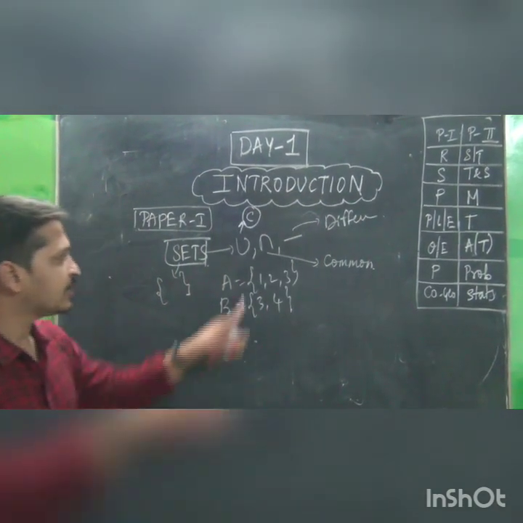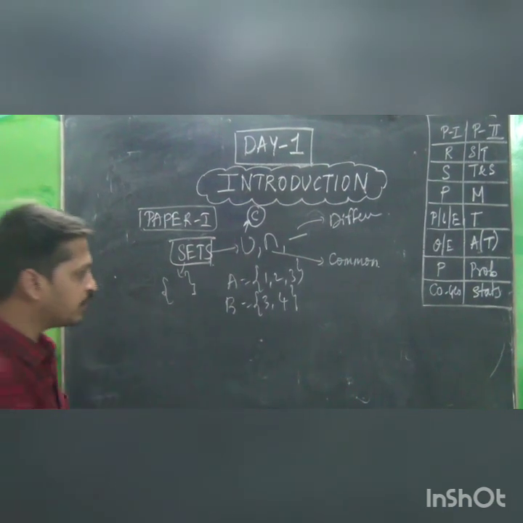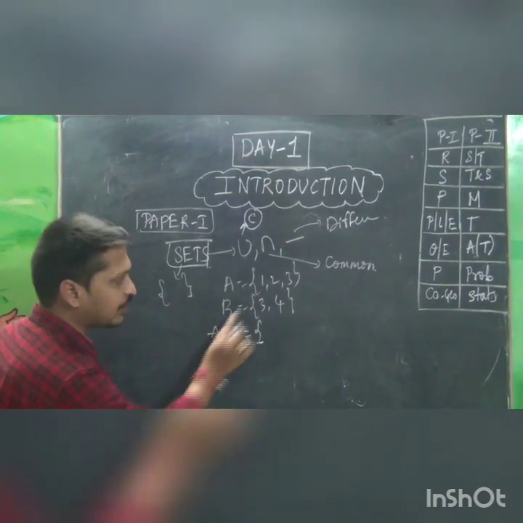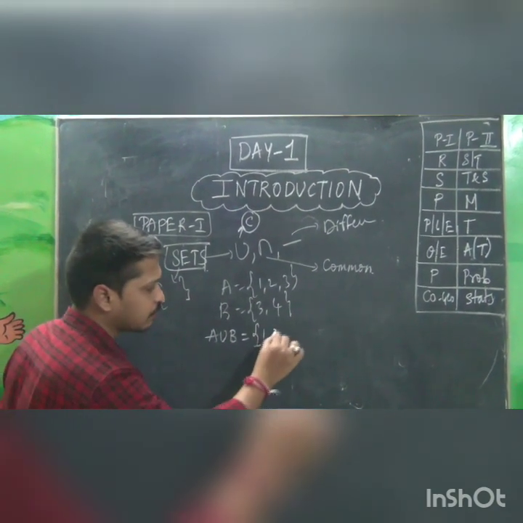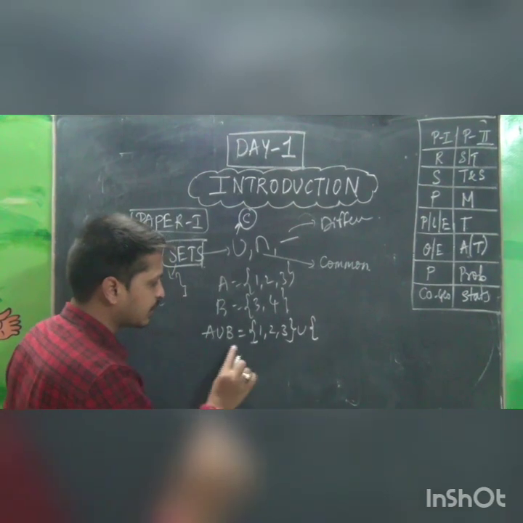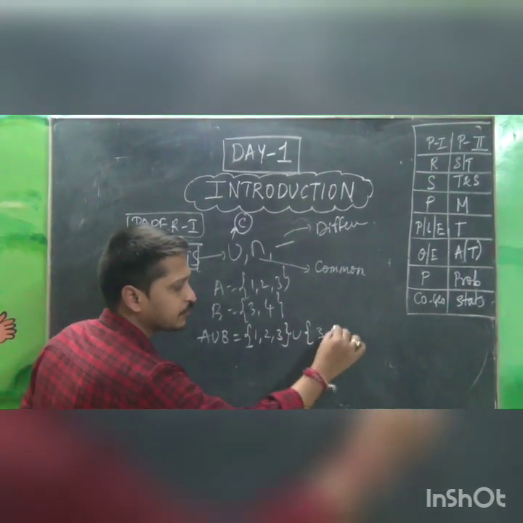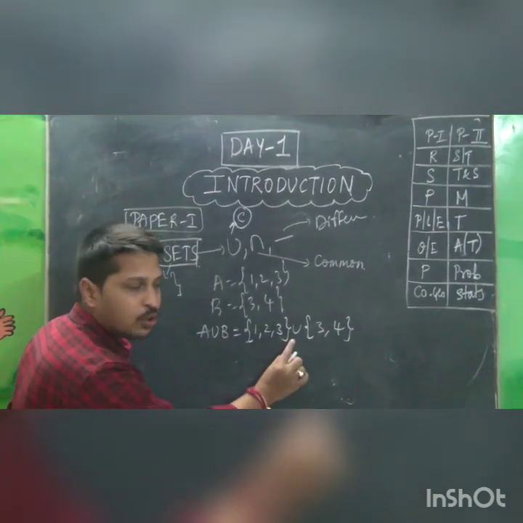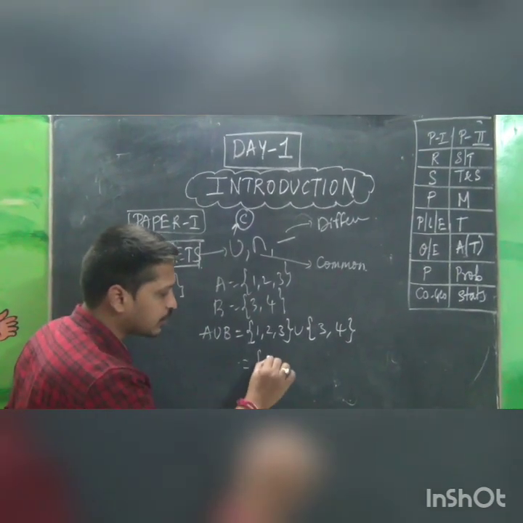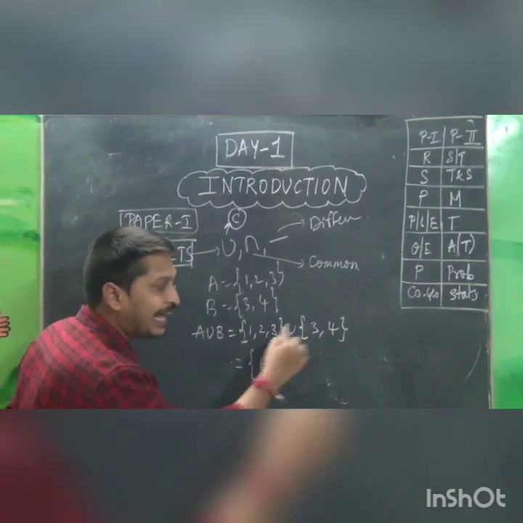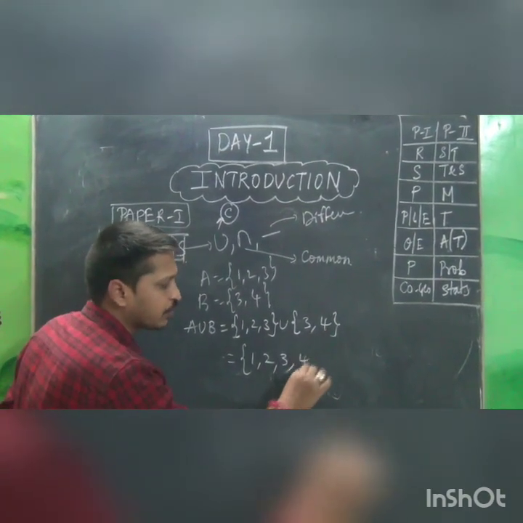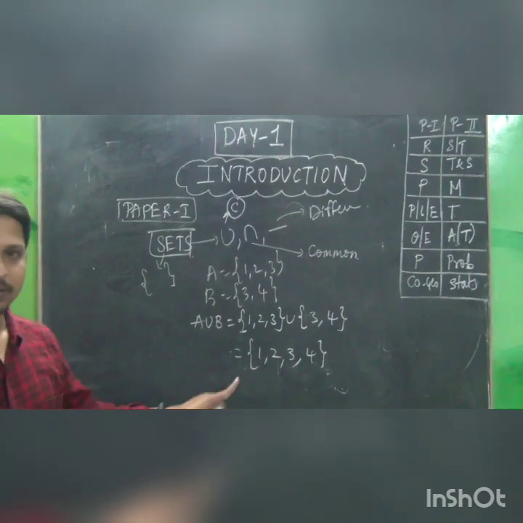Okay, now let's take here. First, I am finding the union. A union B is there, which is equal to A. Write the A set. Union is the union. Next, B set. Write the B set. Now, as I told, union is nothing but the combination of the terms. If I combine both the terms, I'll get 1, 2, 3. Again, 3 will be there, but only repeated once. Now, next 4. That is about A union B.